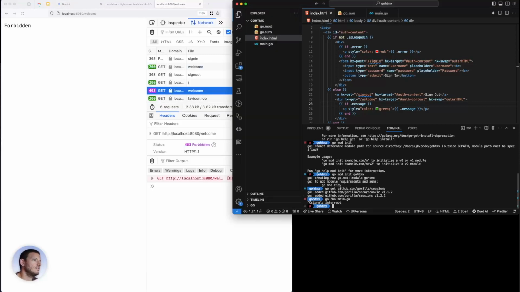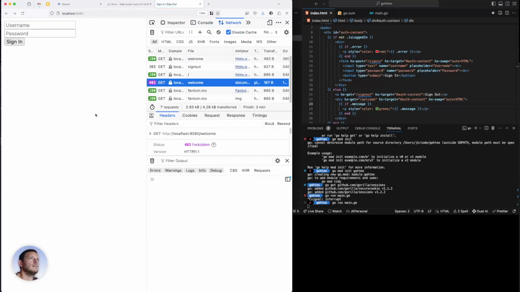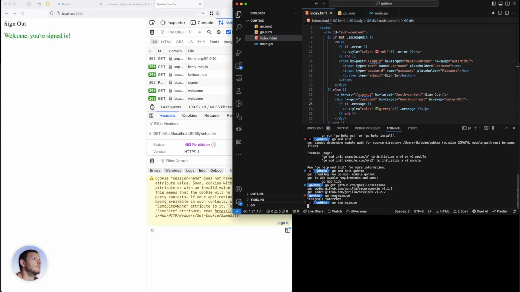And I'll kill the server, restart the server. And we go username and pass, sign in. Welcome, you signed in. Hell yeah, that's working. All right, so now that we have this, what I'm going to do is I'm going to borrow some code